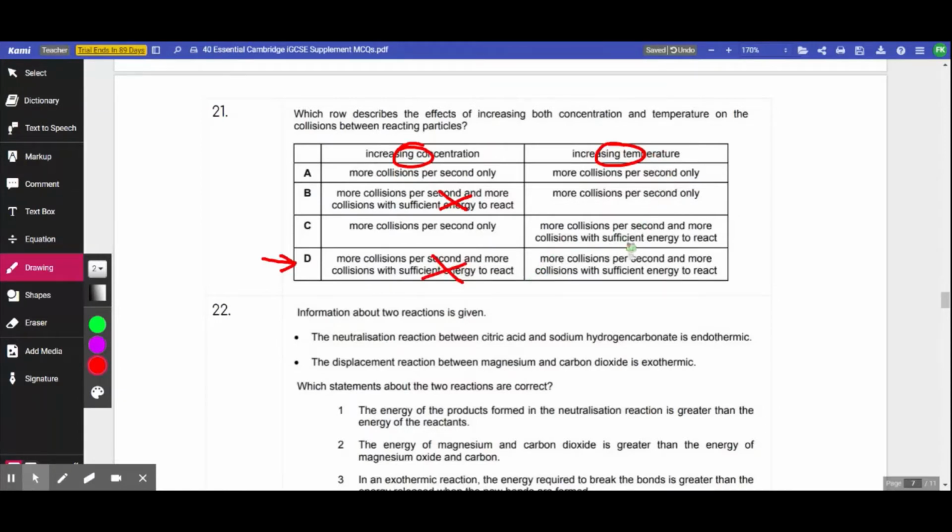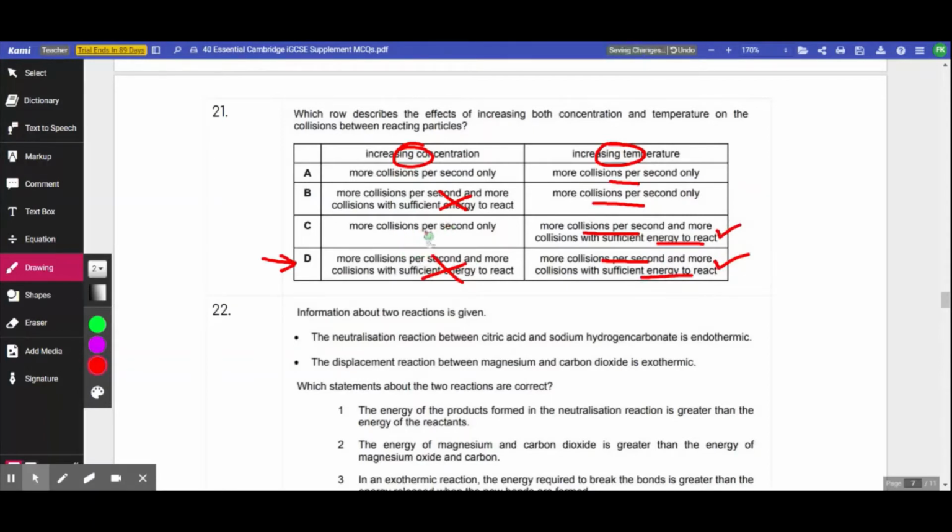Increase in temperature has to increase the number of collisions per second. It's a very key phrase, collisions per second. So you can see how important it is when you're talking about rates of reaction and the factors affecting the reaction rate. More collisions, and more collisions with sufficient energy to react. That's really, really useful as well. So those two are